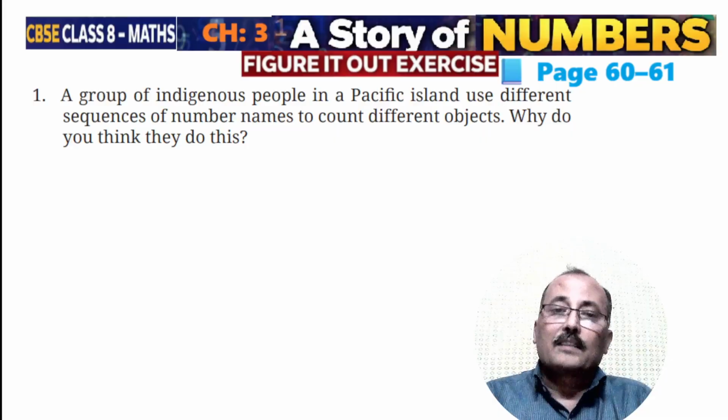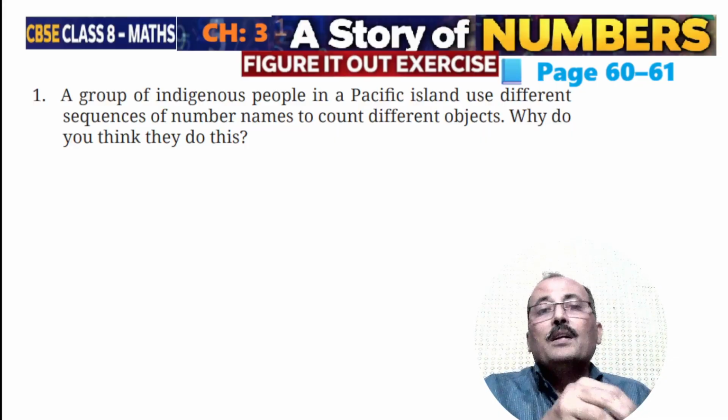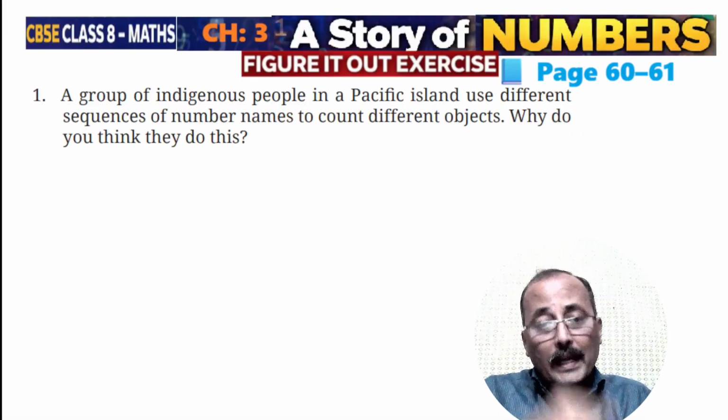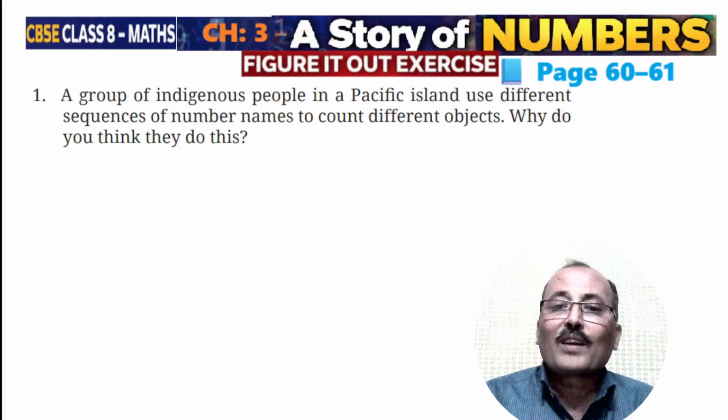Okay, one basket equal to this. So how many baskets are there in that one? They will keep some pebbles, some stones, some symbols, something they want to write, they will write, or they want to keep, they will keep and do. So now what you have to understand means